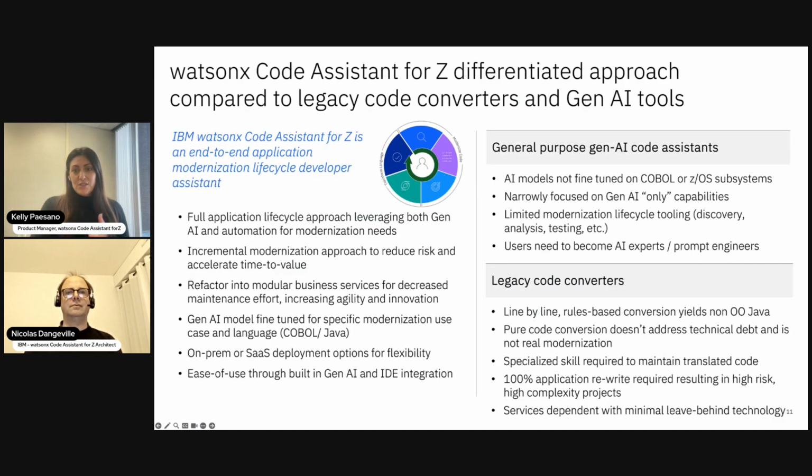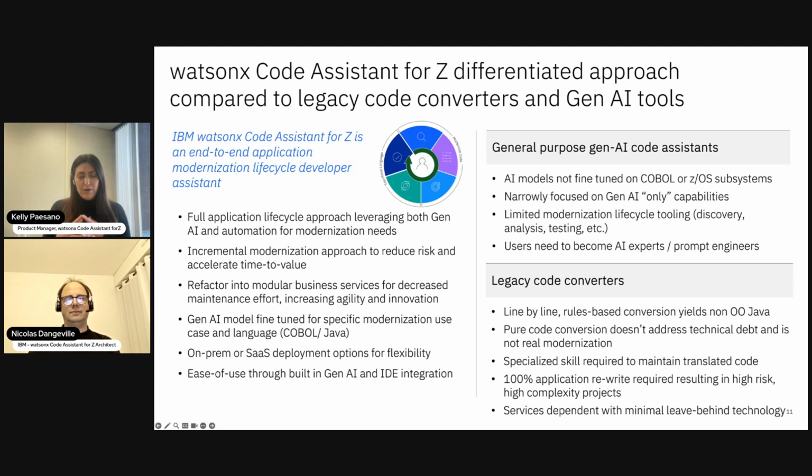And then finally, I just wanted to touch base. There has been so much growth in the application modernization space, with different tools coming out in the last year or two, and some tools that have been around for a long time. So why is watsonx Code Assistant for Z different?